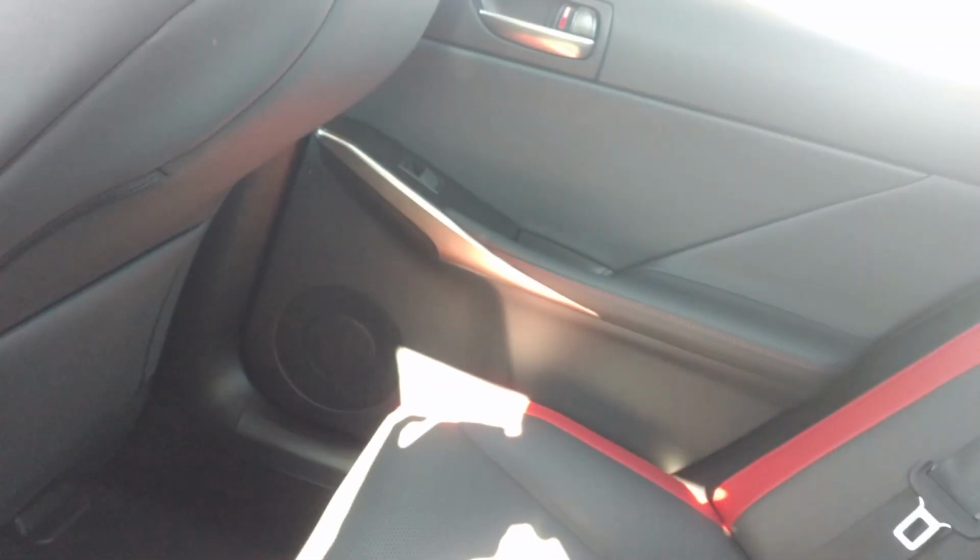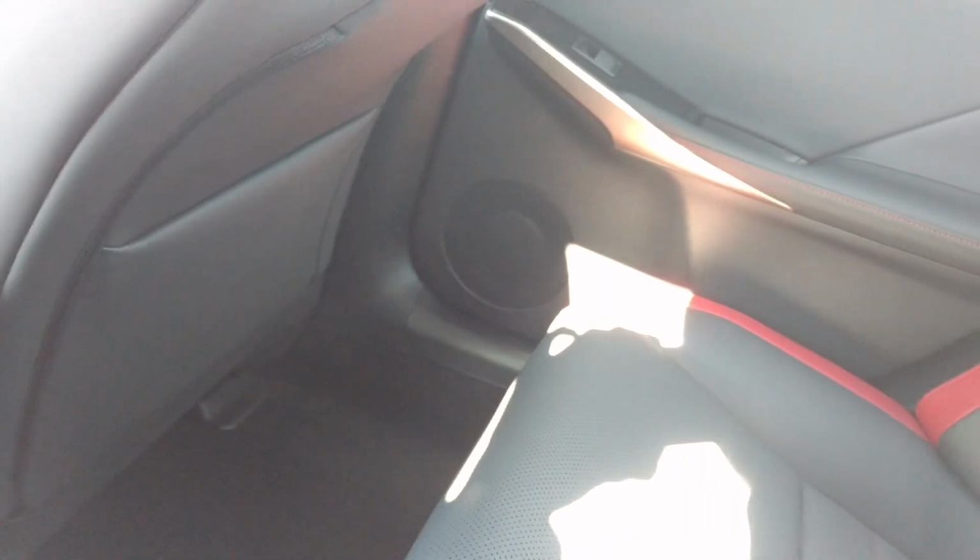So this is a small Lexus. You see how much leg room I have. It's snug, but it's not tight. It's a good amount of leg room, and it's all nice and soft touch right there. You got your vent control. They should have put a USB port. And over here,